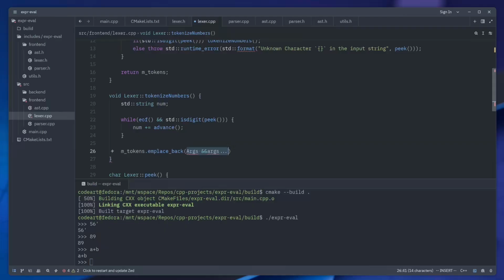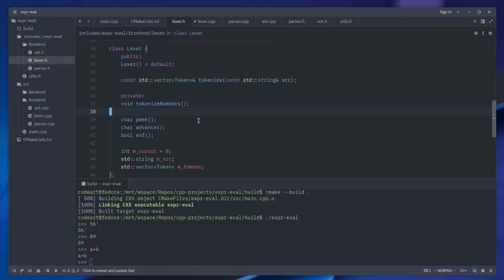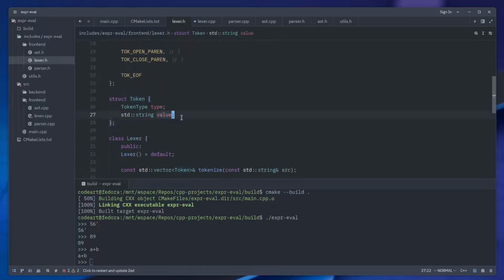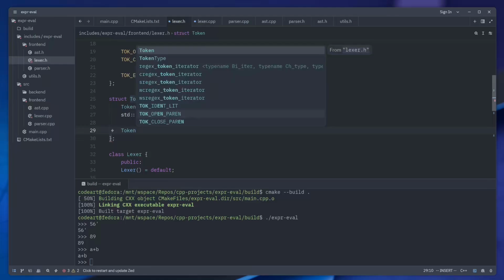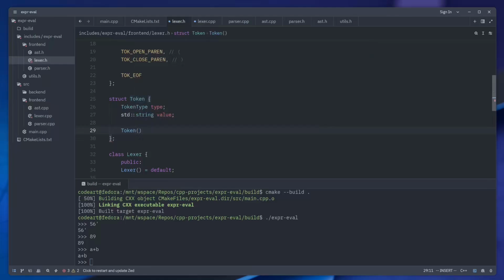And then for this, I need to pass in 2 things, or even 3 things. So let me go back to lexer.h and come back to my token class. For my token class, let's create a constructor for it. And this constructor will take three things. It will first take the token type itself that we have, and then because maybe I'm a bit lazy, I will still pass in the token type in string format,